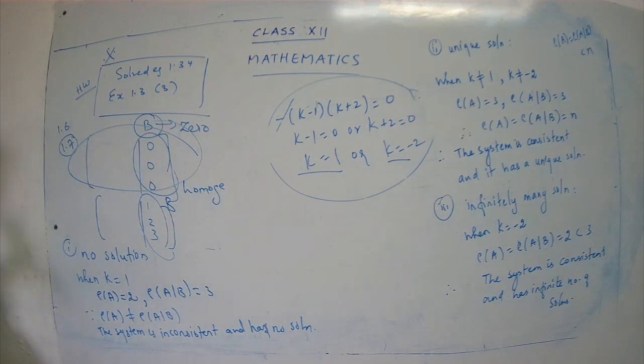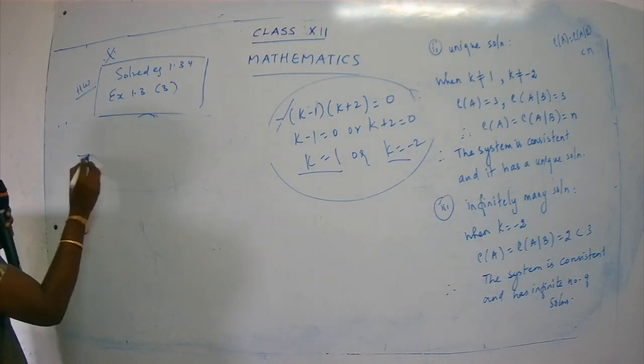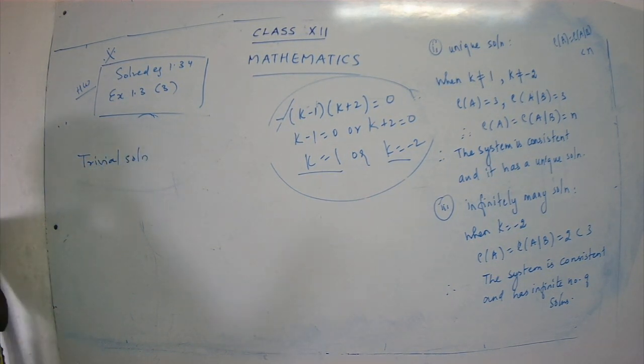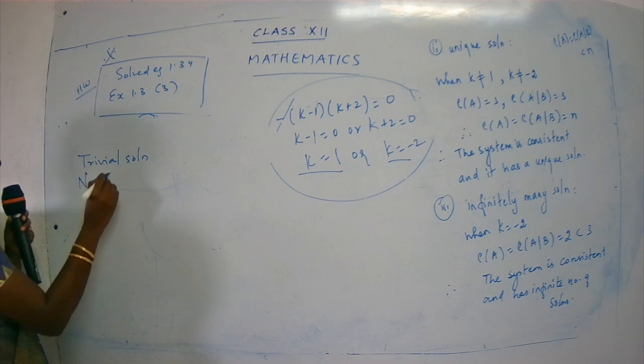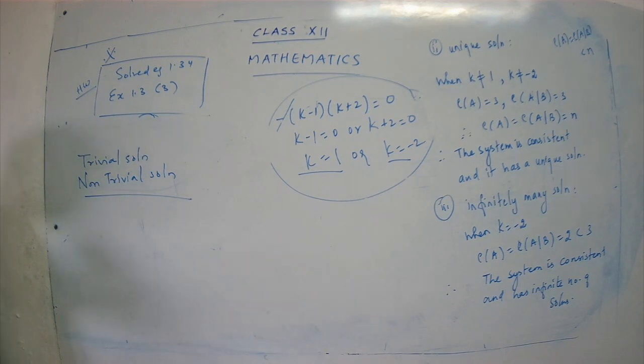Okay. So for exercise 1.7, you have to solve the homogeneous equations. And over here, our work is to check whether it has a trivial solution or a non-trivial solution. So what are you going to check in exercise 1.7? You are going to check whether it has a trivial solution, that is the zero solution, or whether it is going to have a non-trivial solution. I'll explain to you in detail about the trivial and non-trivial.